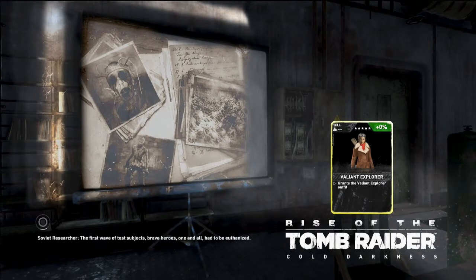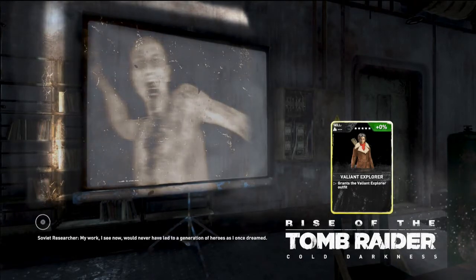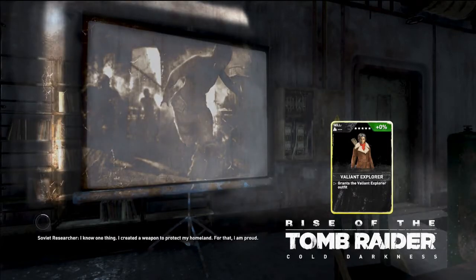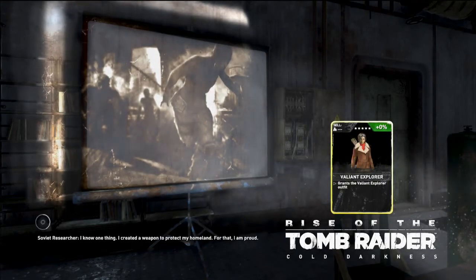The first wave of test subjects. Right, so he's just talking about the same old stuff. Had to be. So yeah, I guess it's like an alternative survival mode, where you're fighting super hard zombies as opposed to dudes with guns. To a generation of heroes as I once dreamed. But I don't understand why all the infected Trinity soldiers, which is what they call them, are running around in loincloths with knives. My homeland. For that, I am proud. They don't, you know...